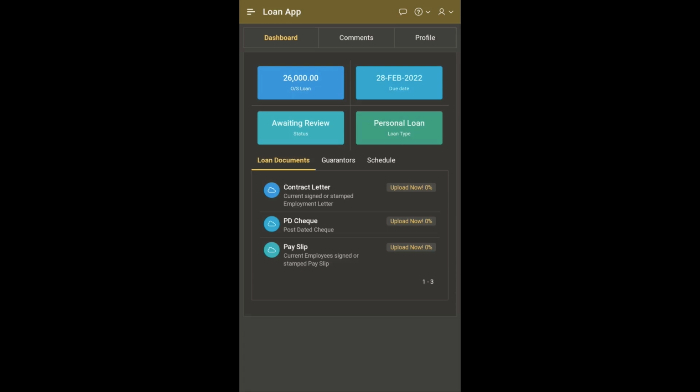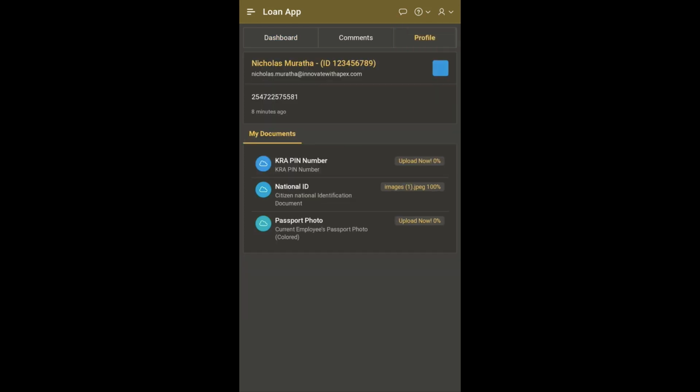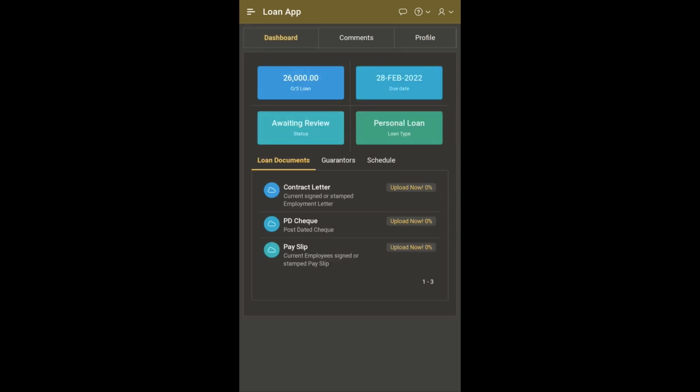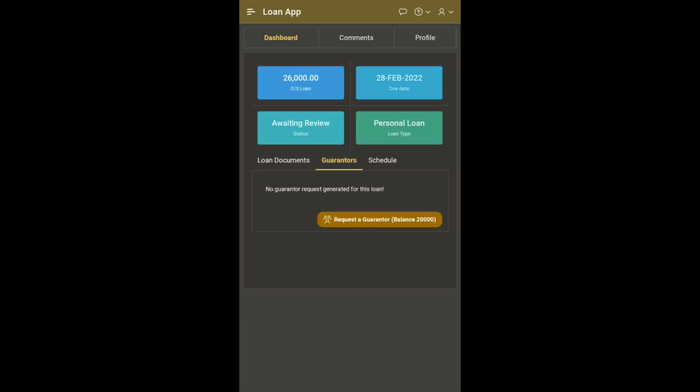So in terms of data reuse, the app lets you reuse your data. If I click on profile, you'll see now Nicholas exists. One source of truth is already there. I exist, and I had loaded one personal document, which is ID. Now I need to upload all these other documents. If I go to my dashboard, I see a summary of my loan documents that I did not upload, and I need to upload. I need to get guarantors or request guarantors